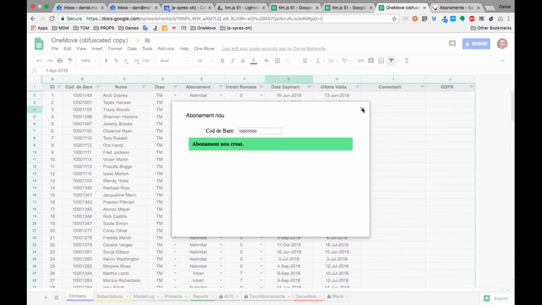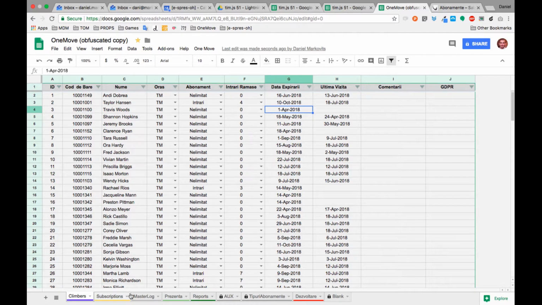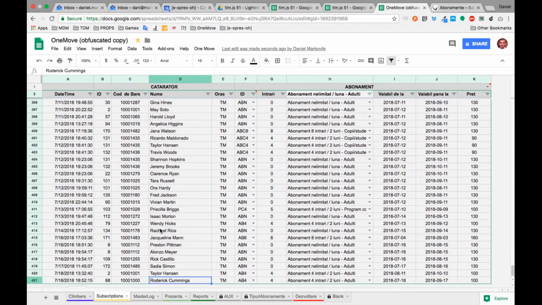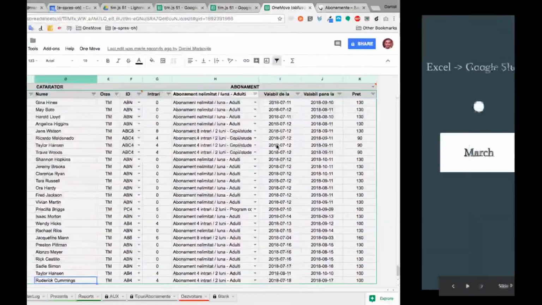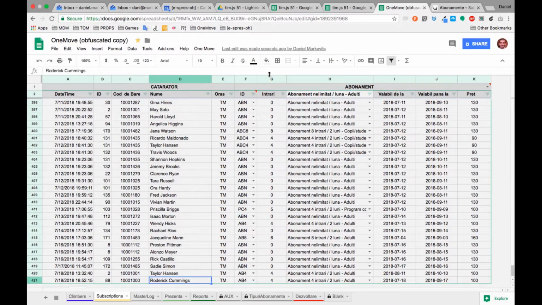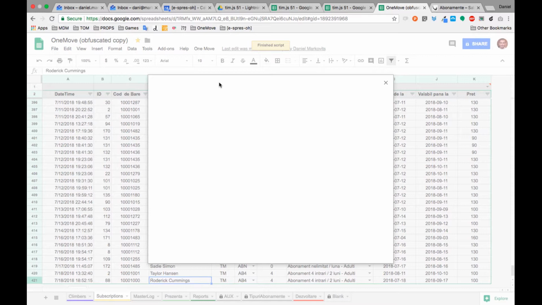Okay, and then there's a bunch of other things that get logged whenever I create a new subscription. That gets logged here, so I can create reports afterwards with the number of subscriptions per location per month, the revenues, and so on. And then the most important of all is the self-scan functionality, for which we use the Raspberry Pi that in kiosk mode opens up this link with the spreadsheet,